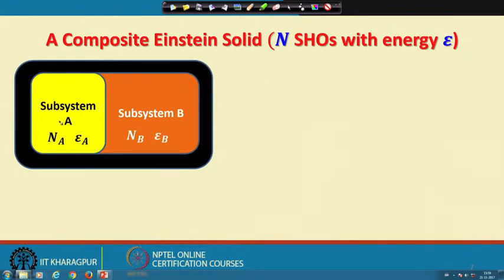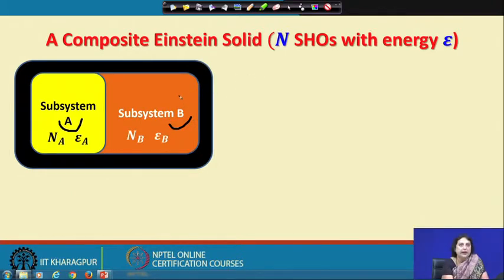One is what I call subsystem A, and the other one is what I call subsystem B. In this case I still assume that there are a total of capital N simple harmonic oscillators, and the total energy of the block of solid, which is the sum of subsystems A and B,